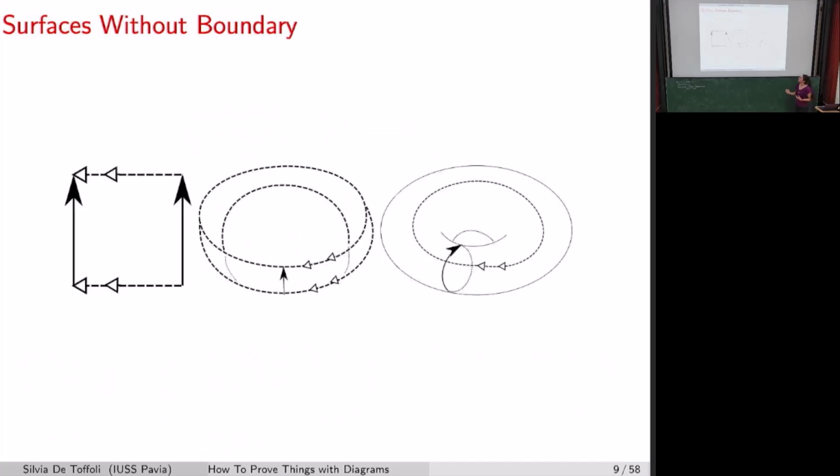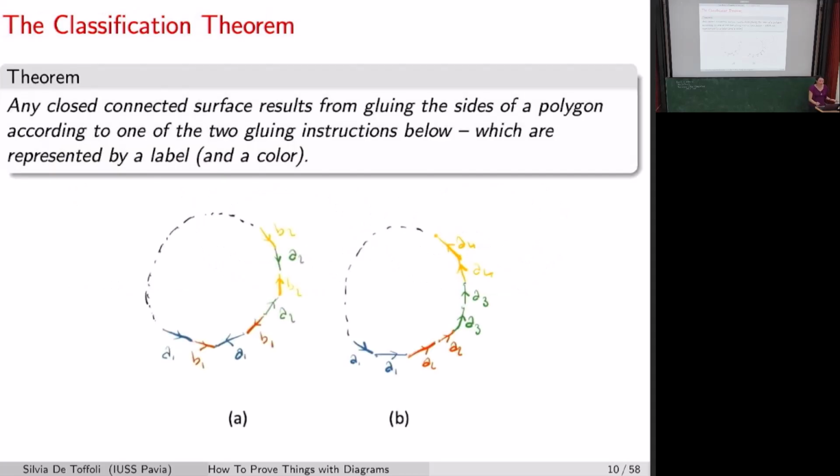Okay, so obviously if we can identify two sides of the square, we can also identify the other two sides to get surfaces without boundaries. So here, for instance, we start with a cylinder, and then we identify the other sides, and we obtain a torus. And we can go on like this. If we started with the Moebius band, we would obtain a Klein bottle. And in fact, it turns out we can obtain all closed connected surfaces in this way, just by extending the notation. And I think this is very cool. This is a canonical way to represent closed connected surfaces,